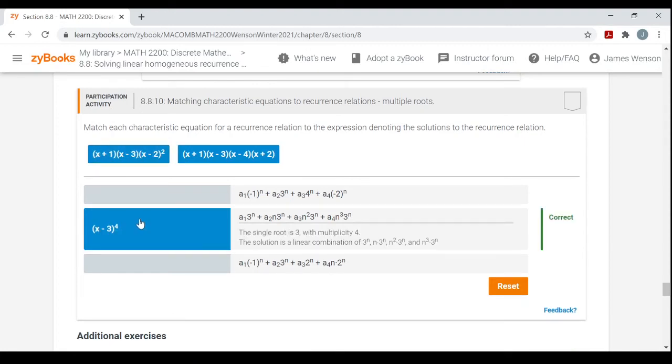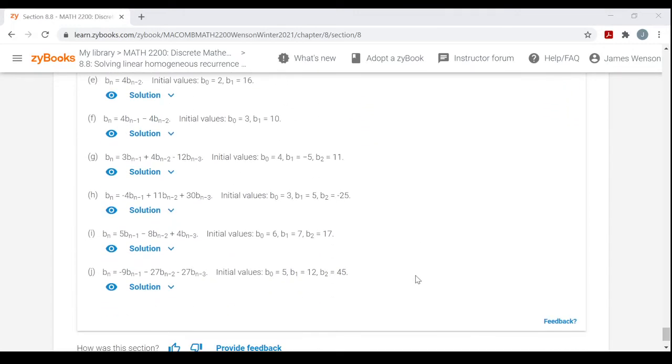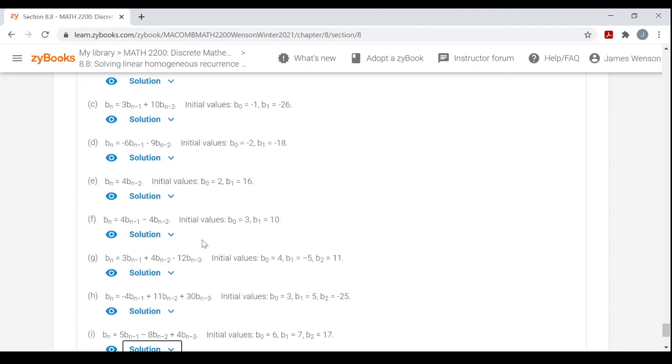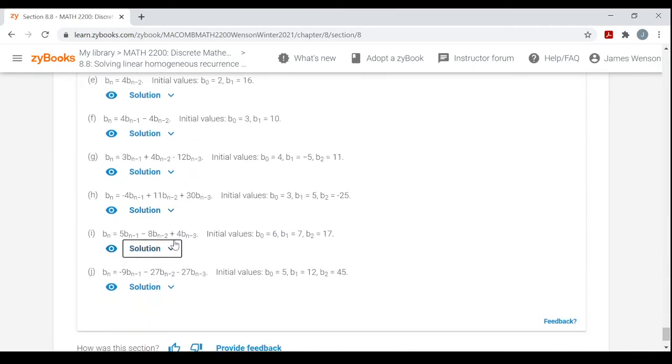And I'm going to actually do an example in a second. I'm going to go through one of the additional exercises with you that has a multiple root and show you how to work it. Okay, so now I'm going to go to one that I don't think I assigned you that actually has a multiple root. I think it was I here. Yeah, this one has a multiple root. So again, don't do what I just did and look at the solutions. I just want to make sure something had a multiple root so I can show you how to work them. All right, so I'm going to look at number 883, part I, and we're asked to solve